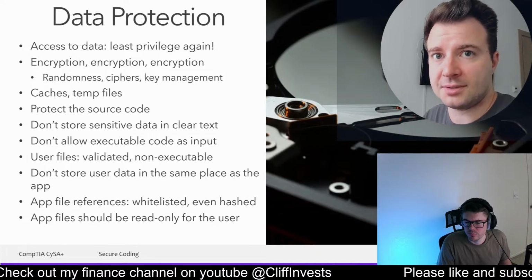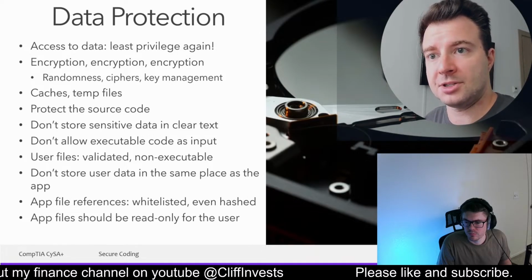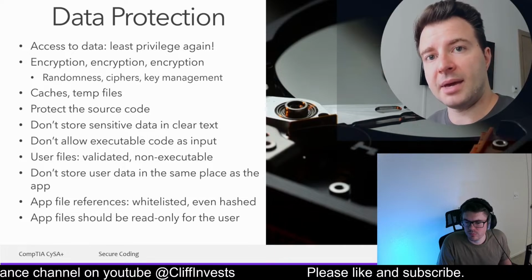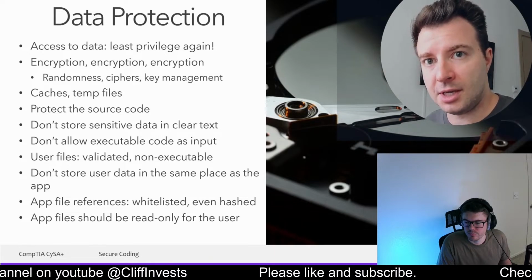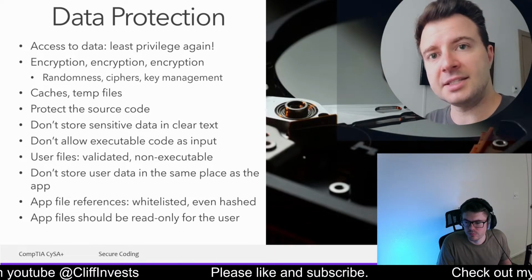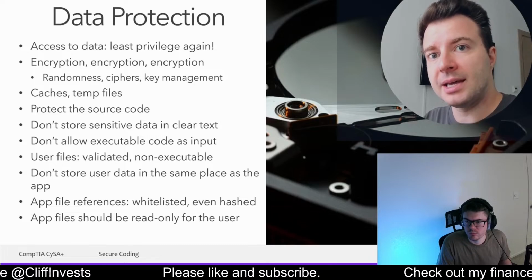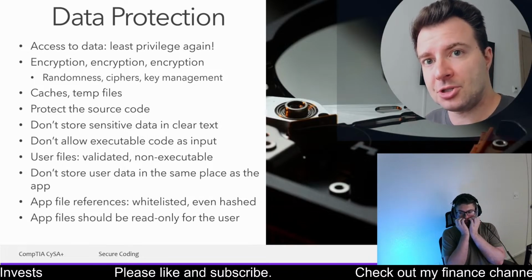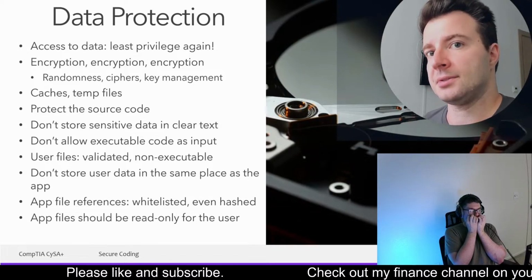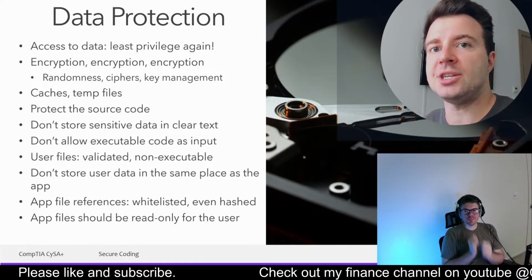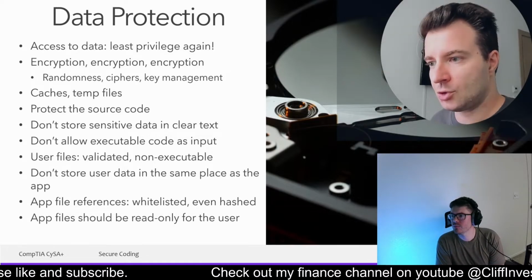And of course, just in case some attack succeeds and an attacker manages to execute some code in your own application, then at least make sure that the application itself doesn't have write permissions onto its own files. So the application cannot change itself, cannot overwrite itself. So it should only have read-only